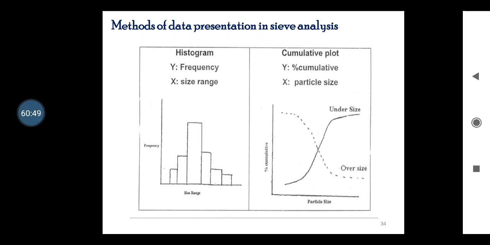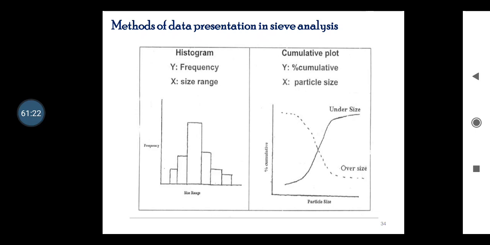So if you have a powder having particles in a range of different diameters, then you can go for the histogram. If you want to reflect your data in the form of a result, then you can go with this histogram. So you have to plot your graph of frequency versus size range. If your powder sample contains particle sizes in a range, then you can go through the histogram.